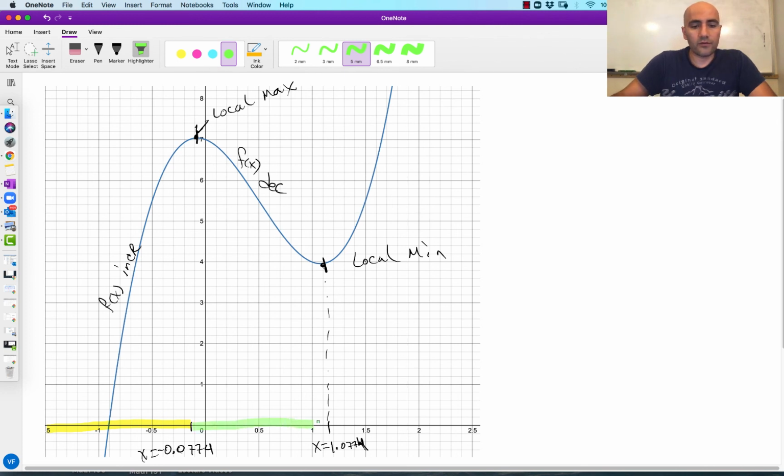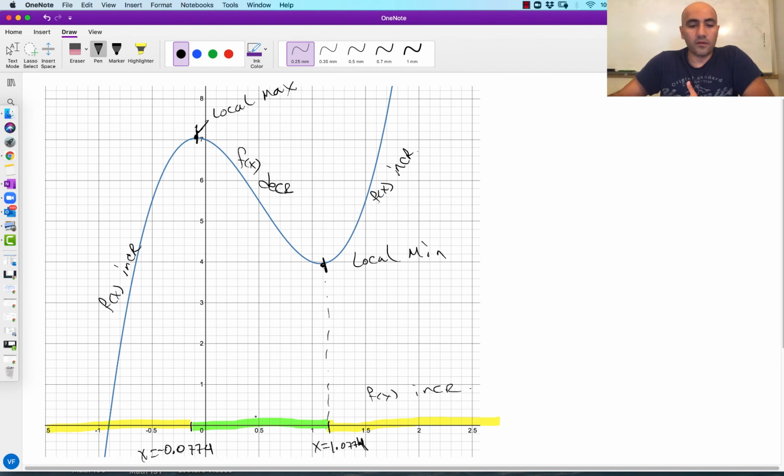From this point to this point, the function is decreasing. And then from this point to this point, the function f of x is again increasing. From this point to that point. Okay, so f of x is increasing, f of x is decreasing, and f of x is increasing, which means that f prime of x is greater